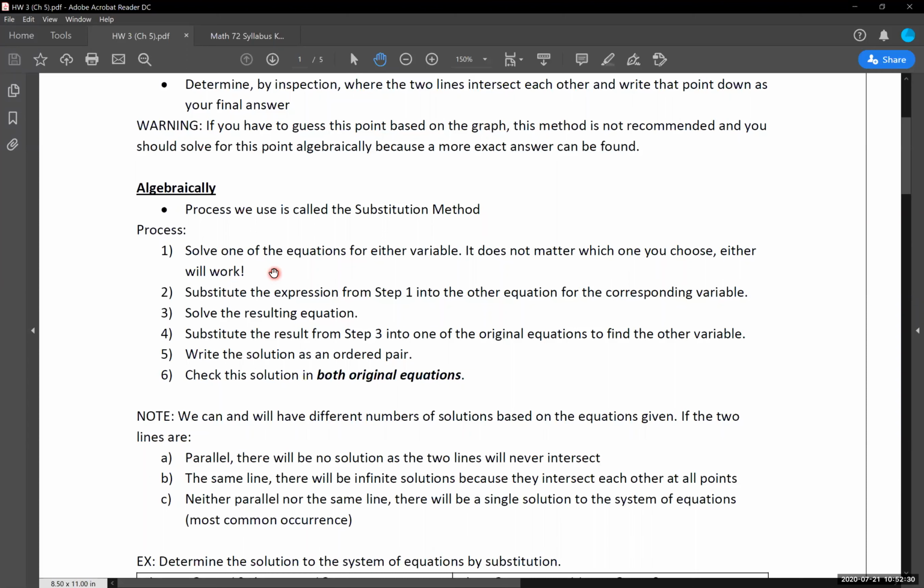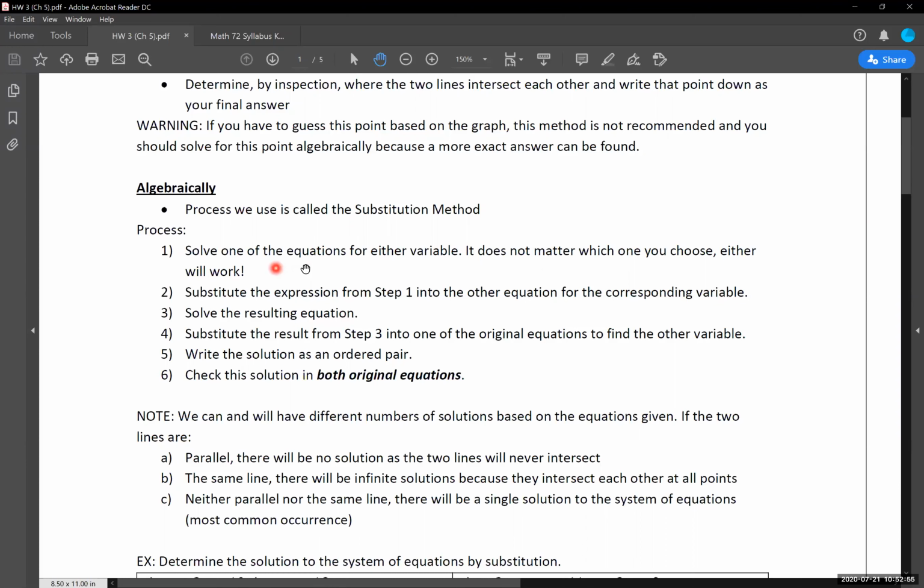And I feel like, if it hasn't gotten annoying right now, how many times I'm going to be saying that, pick one and move forward with it, that's because we're starting to get into a part with math where you have lots of options available to you. And again, you just need to pick one of your options and then move forward with it to find your answer.